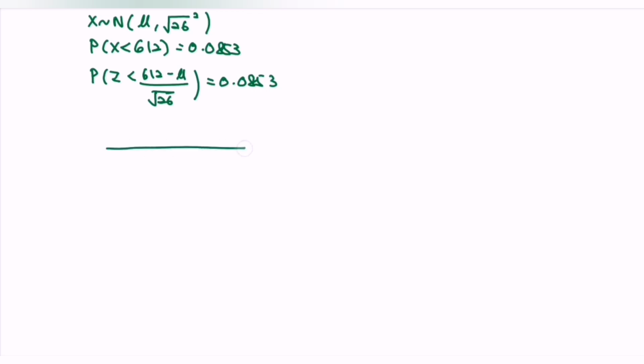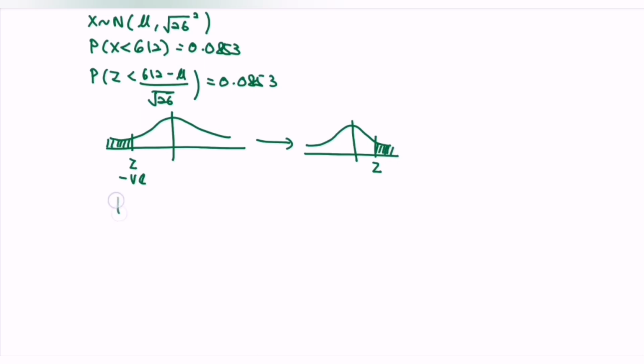Based on the situation, refer to the diagram, let's say the value of Z is over here. Based on the logic, Z must be less than 612 minus mu over square root of 26. Makes sense, it is 0.0853. Do remember Z is a negative value. Next, we have to flip the situation, so we have Z greater than, then only we can make use of the statistical table. We write the formula: the probability that Z is greater than 612 minus mu over square root of 26 equals